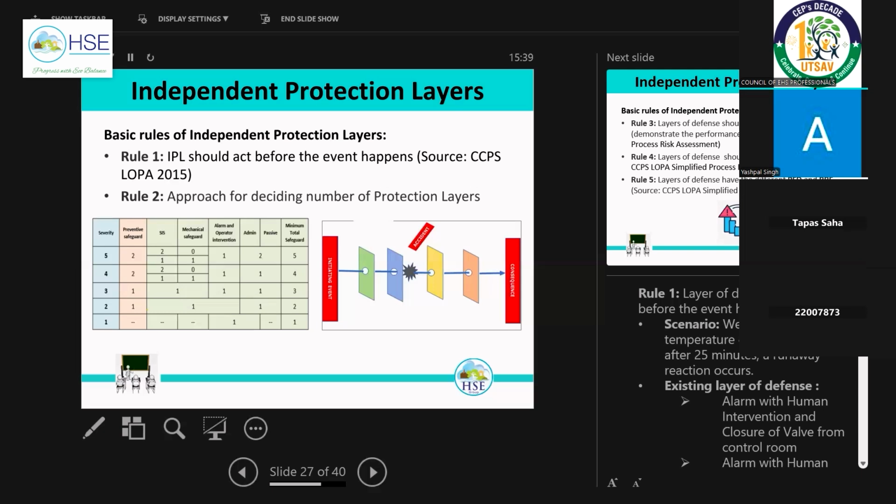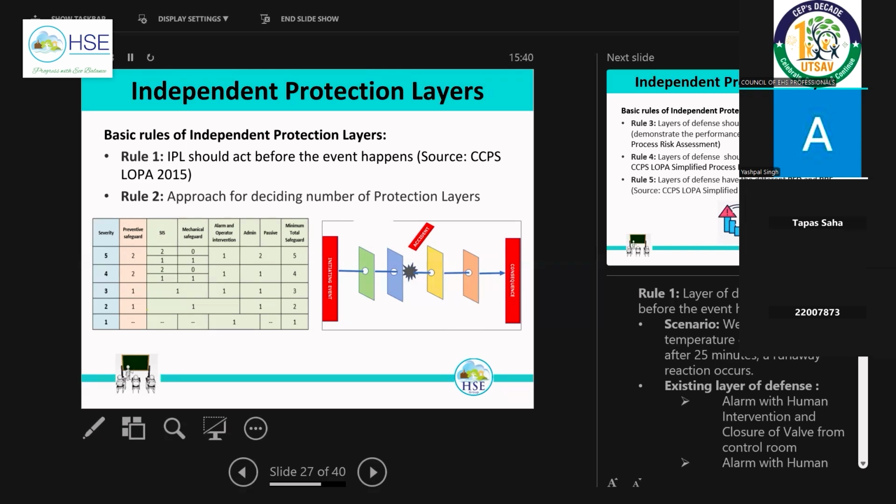Say we design our risk matrix so that if there is a severity 5, we need a minimum of five controls. For severity 4, it is required to have four minimum controls. Now we have to bifurcate our requirement. Say in case of severity 5, we require five minimum controls. So how many control loops should be there, minimum and maximum? How many alarms and operator interventions can we consider? Admin or passive we can consider. So this is just an example which is shared in this particular slide.